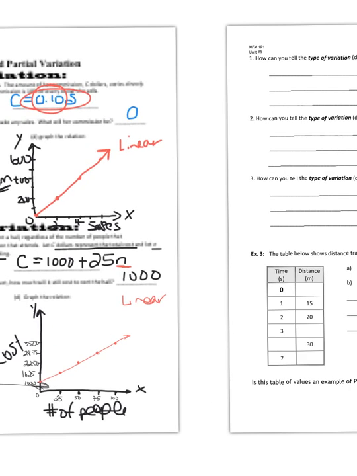So it says, how can you tell the type of variation just by looking at the graph? So check out those graphs. They were both linear. One had a break in it, so it had a breakdown here. That doesn't make it anything different, but if you take a look at what I'm highlighting, you'll notice one starts at 0 and one definitely doesn't start at 0. So just by looking at the graph,